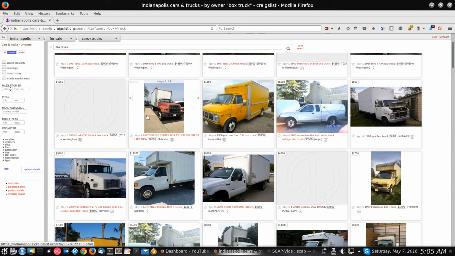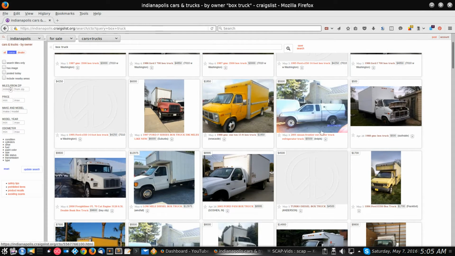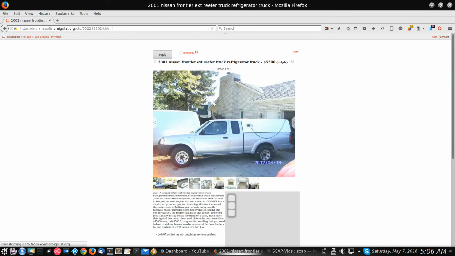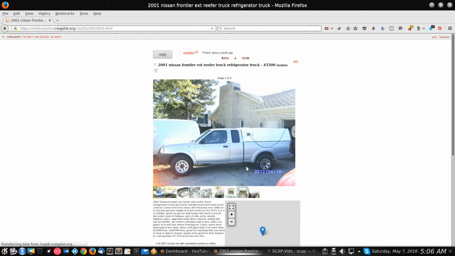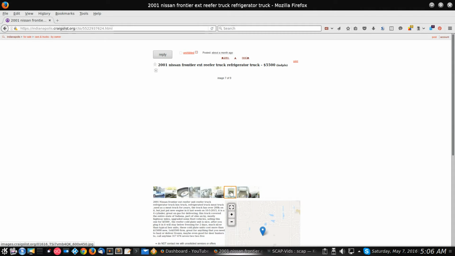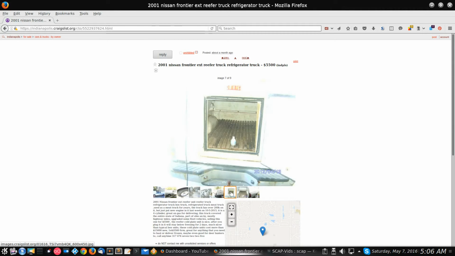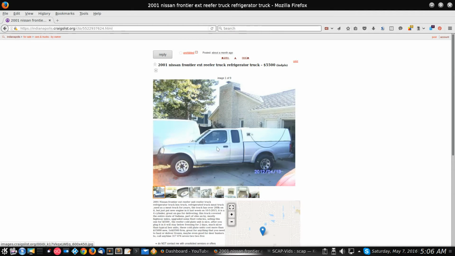But like I said, you get some that are a little bit different. See, like here's one. It says it's a refrigerator truck, but it's really just a refrigerated cab. Let's see this, because yeah, they're calling this a reefer truck, and quite frankly, it's a pickup with maybe an insulated cab on it that they made or something like that.